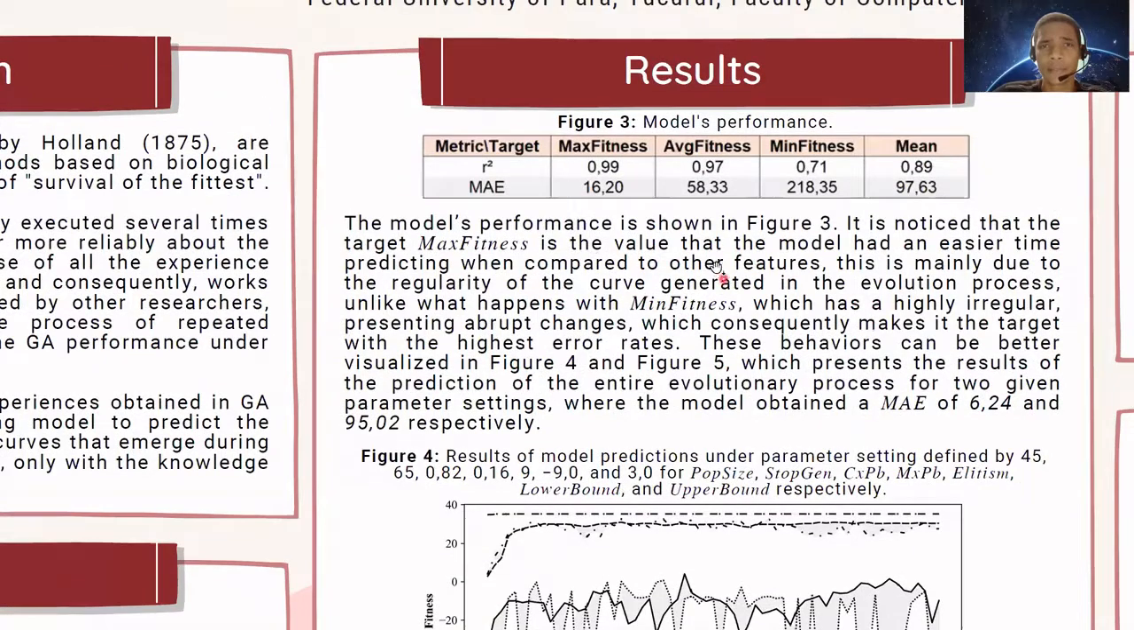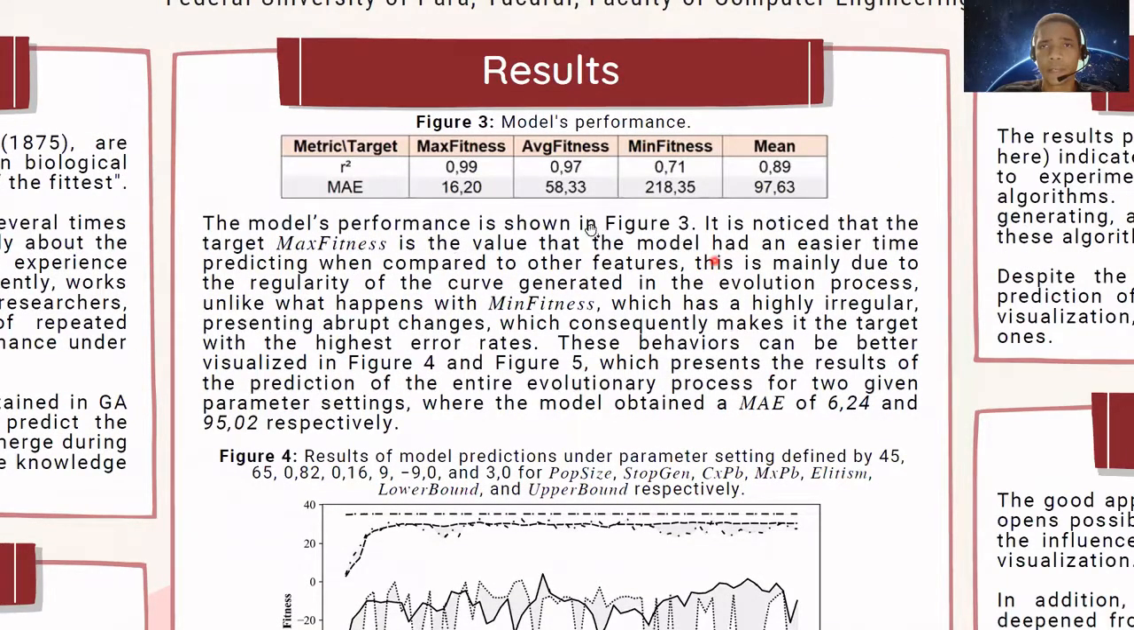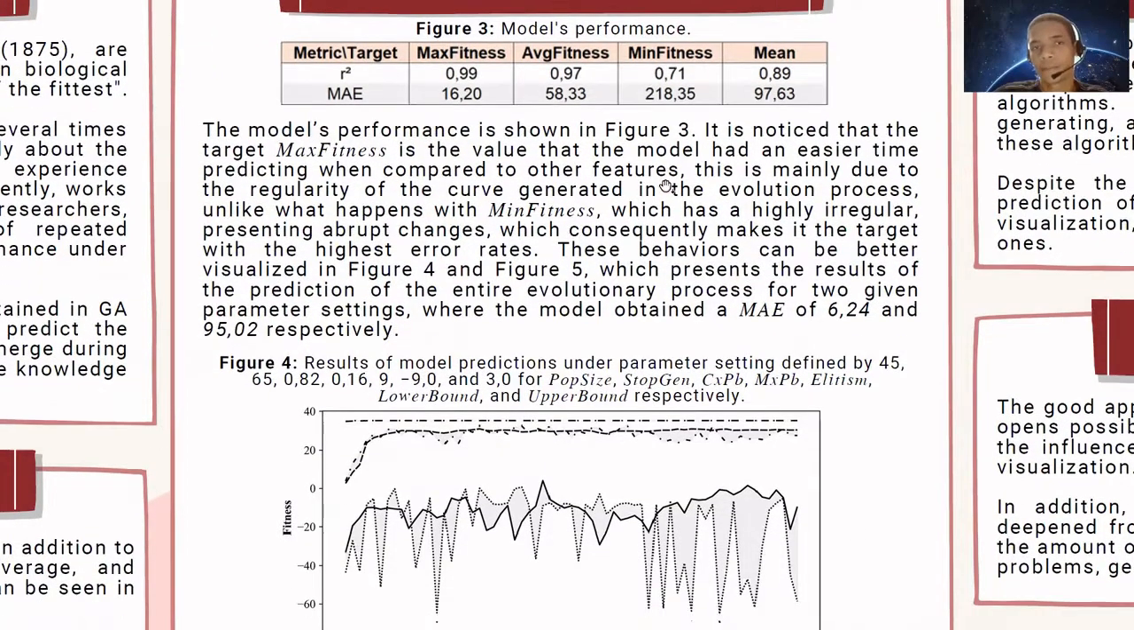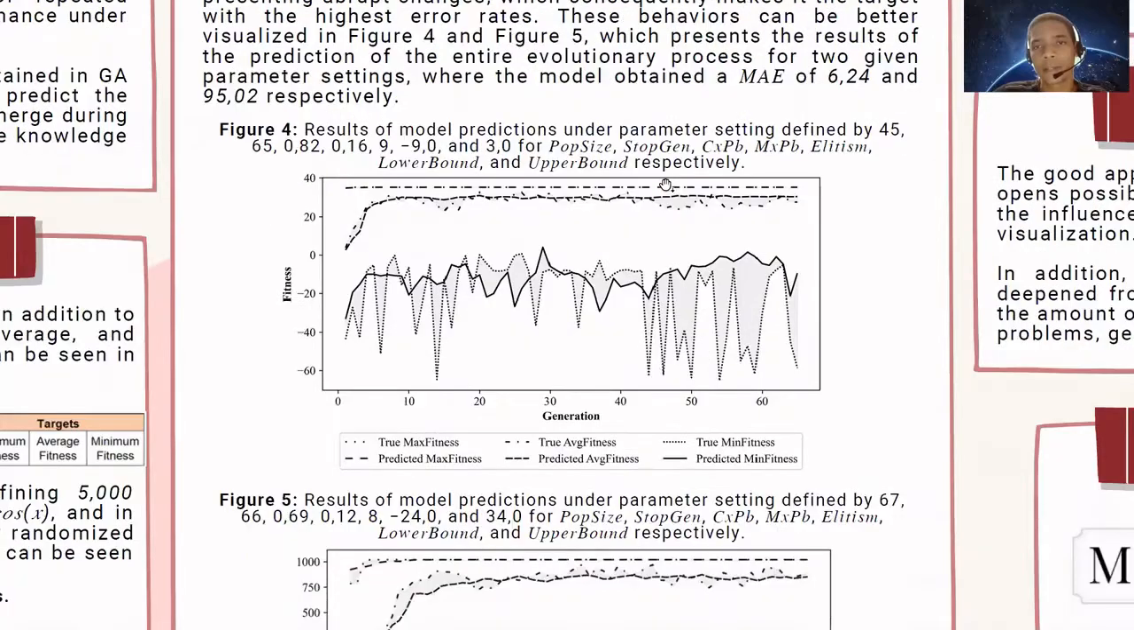So here in the results, it is possible to observe in Figure 3 the performance of the model, where we can see the efficiency in predicting the maximum and average values, but errors stand out in the prediction of minimum values. The reason for these errors is more evident when analyzing the fitness curves generated in the evolutionary process in